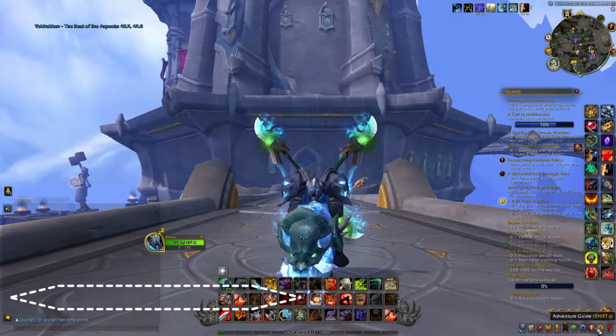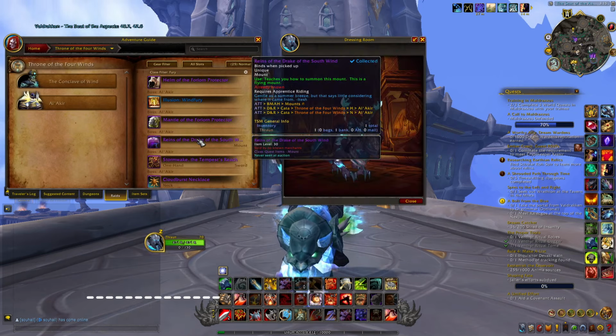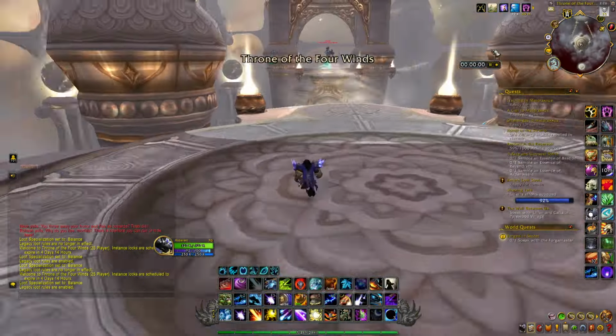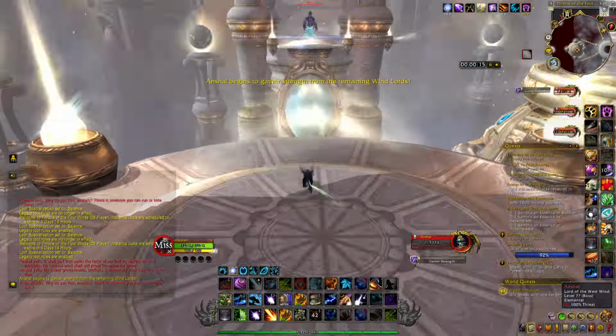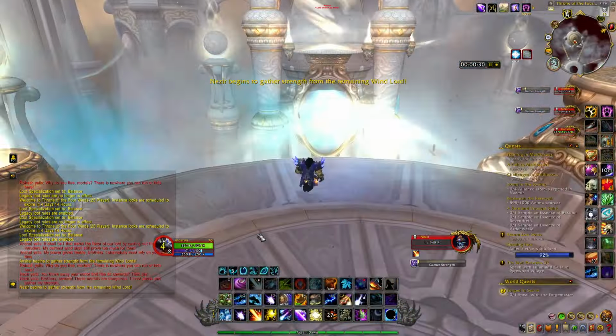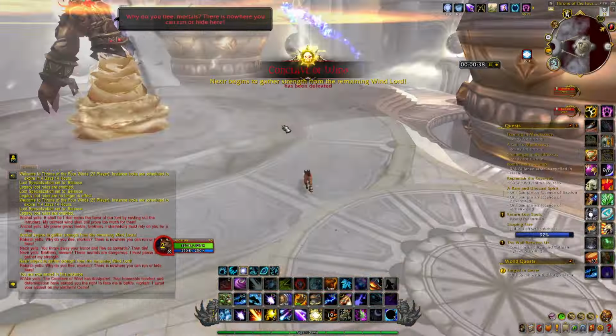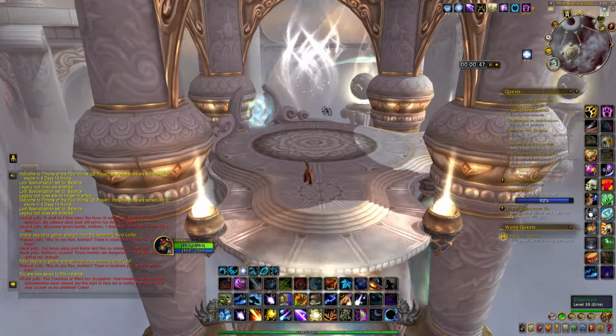After that, at number 3, we're gonna have the Reins of the Drake of the South Wind. This is a mount that will drop from Alakir inside of the raid, the Throne of the Four Winds from Cataclysm. So this raid is really simple. You just want to enter and then kill the first boss. In order to kill the first boss, you will have to basically kill each of the mini bosses that are on each platform. And once this is done, you want to come back to where the entrance is